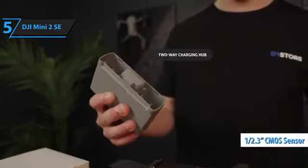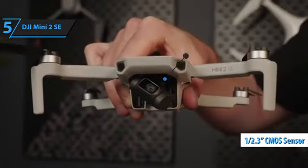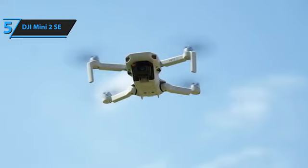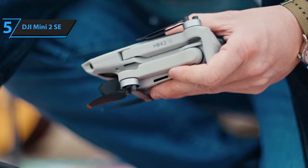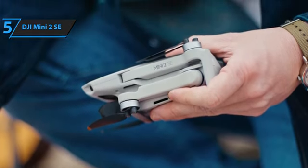Equipped with a 2.3-inch CMOS sensor, this drone can capture 12-megapixel images and record 2.8K video footage. While this sensor size is commonly found in compact mirrorless cameras, more serious photographers usually prefer larger sensors with better heat dissipation and depth of field options. However, DJI assures that the smaller sensor size is justified when considering the portability and convenience of this palm-sized flying